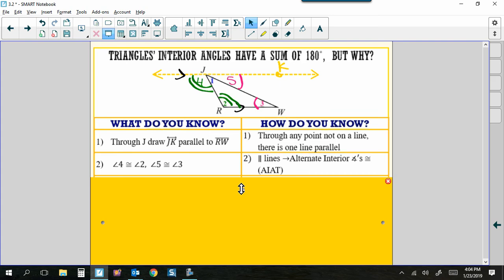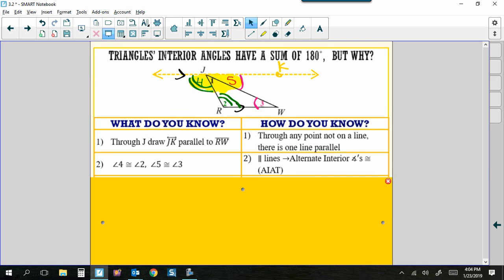So now we're trying to prove that these angles add up to 180 degrees. We need to look at our picture to see if we can come up with a reason why we can say that. Well, if you look, the reason I had you draw this line, look at what we have right here. You've created three angles that are all meeting up at point J and spreading out to make straight angle J.